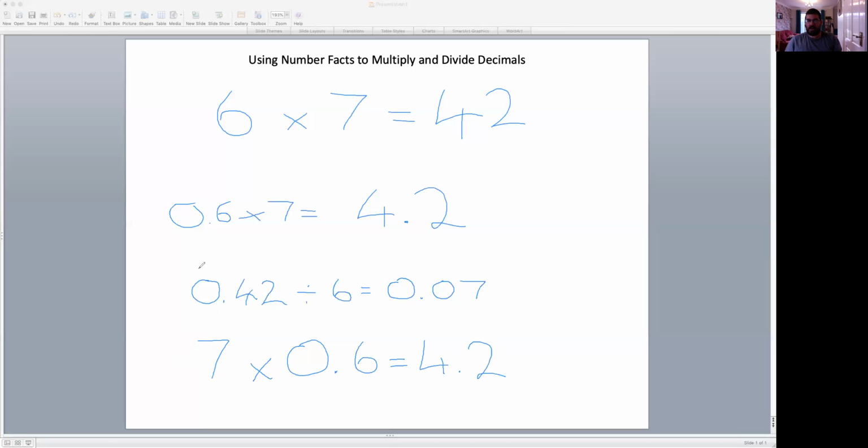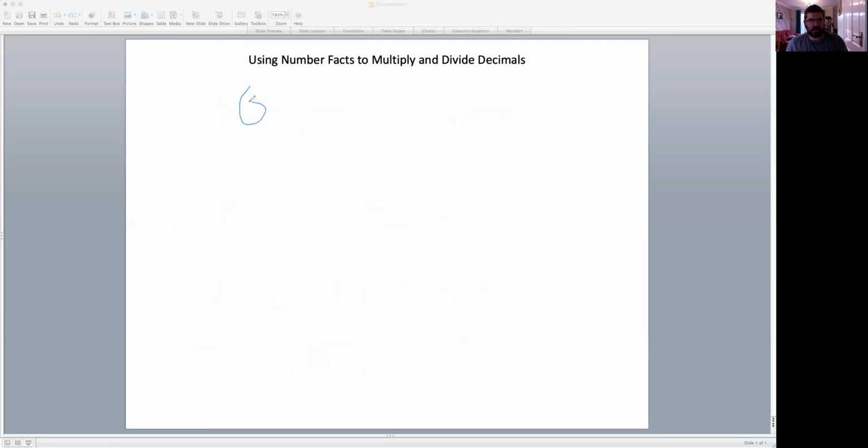Okay. We can even, now this is where it gets really interesting. If I clear all that, if I put 6 times 7 back here, I think we'll just stick with it for the moment. And we know it is 42. Now, sometimes we can even get an answer that is smaller than both the numbers at the beginning if it's a multiplication sum. So if I do 0.6 times